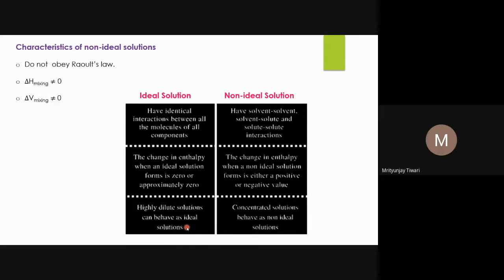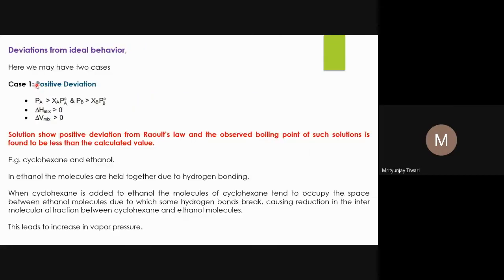Anyway, the solvent is larger in amount, that is how we have defined the solvent, and the solute is smaller. Even if the solution is very dilute, the amount of solute that you have taken is very small, so the solvent is very large. We take a large volume of solvent and a very small amount of solute to form a dilute solution. The solute-solute interactions are very few in number, and that doesn't much affect the overall interactions, and thus ΔH mixing is nearly equal to 0 in that case.